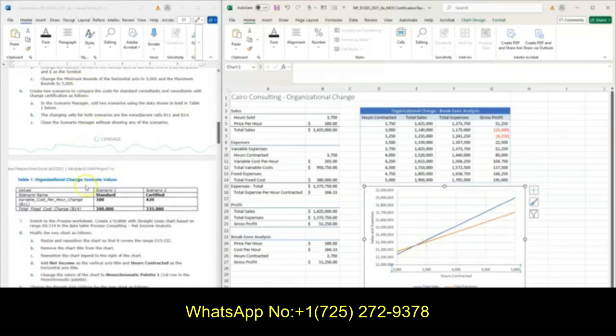Moving on to number 6, we're going to create 2 scenarios to compare the costs of standard consultants and consultants with change certification as follows. We're going to use the scenario manager. So we're finished working with the chart. I'm just going to unclick the chart. And when we use the scenario manager,